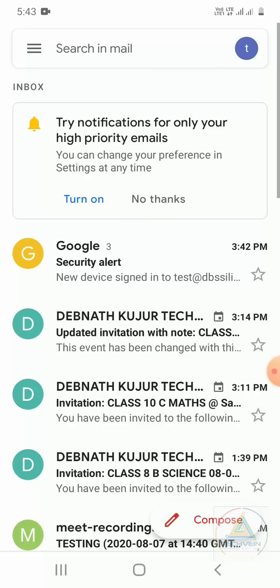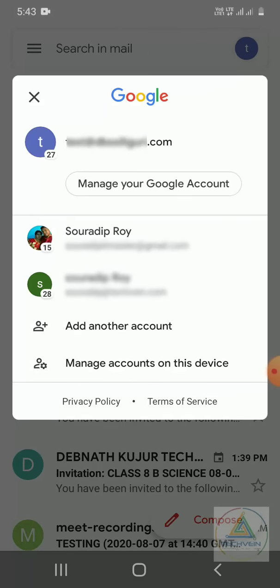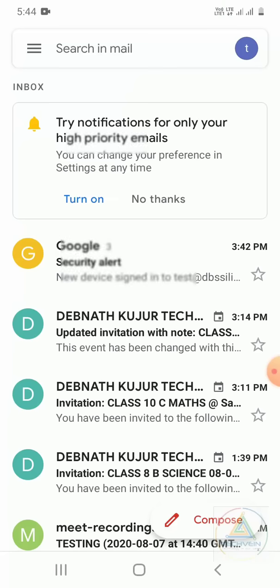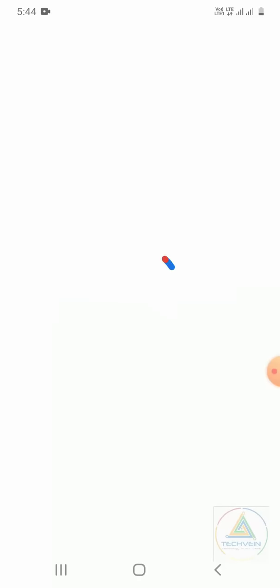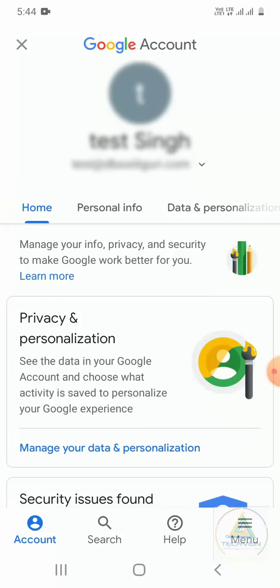your account. Now to allow the two-step verification, click on your account, manage your Google account. There is a tab, and if you have already logged in, then also you just click on this manage your Google account. Once you are over here, then simply you will find many tabs like home, personal info. Like this, you will go to the security tab.